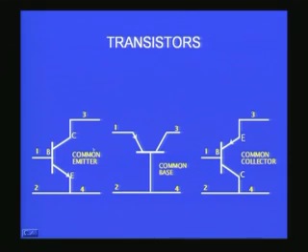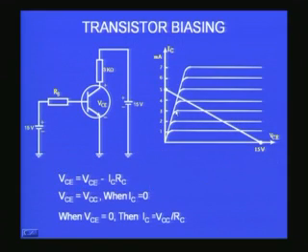For example, the first figure is a common emitter configuration. You find the emitter is a common terminal, both 2 and 4 belong to the emitter, and 1 and 2 is the input, 3 and 4 is the output, as in any amplifier. Similarly, you have a common base configuration, where the base becomes common to the input and the output, and common collector, where the collector becomes your common terminal between the input and output. Okay. With this understanding, now we will concentrate more on the common emitter configuration,